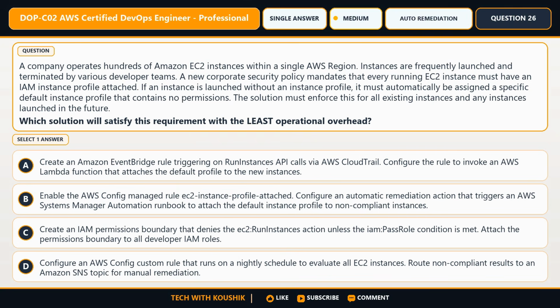The choices are: Option A, create an Amazon EventBridge rule triggering on RunInstances API calls via AWS CloudTrail. Configure the rule to invoke an AWS Lambda function that attaches the default profile to the new instances. Option B, enable the AWS Config managed rule EC2 instance profile attached. Configure an automatic remediation action that triggers an AWS Systems Manager Automation runbook to attach the default instance profile to